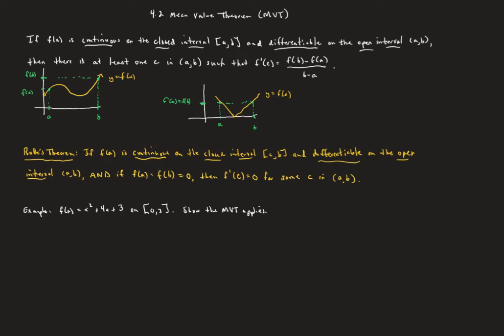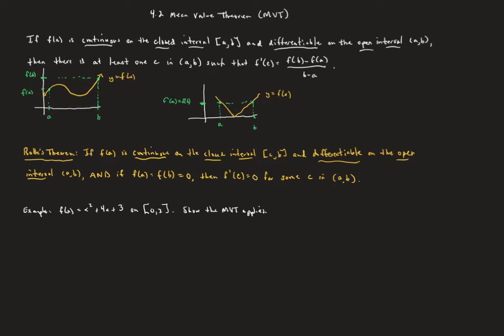So we talk here about section 4.2, the mean value theorem, known as the MVT. And as you know, this is a big one. So let's make sure we're clear on the conditions. What has to happen before we can use the mean value theorem, and what exactly does the mean value theorem